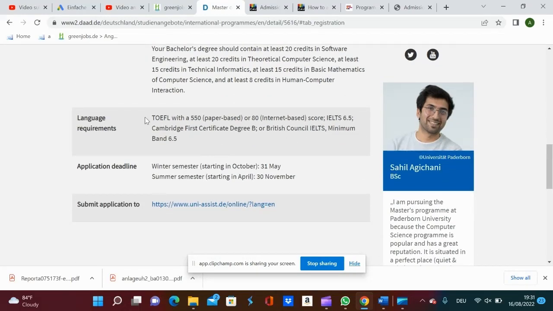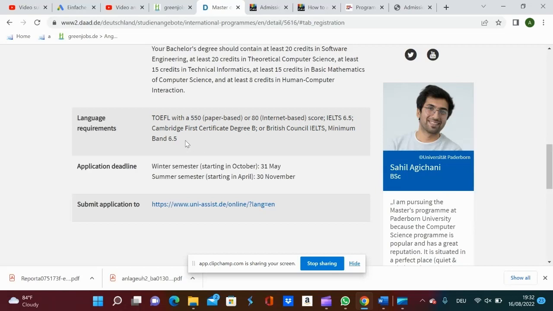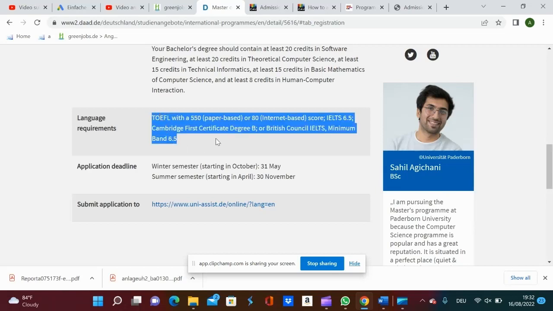And as I said, they are looking for a TOEFL here, and then IELTS or Cambridge First Certificate Degree or British Council IELTS, right? So these are all the different language proficiency tests you have to submit before you'll be taken into consideration. But some of the schools write all these things, but they actually take the English proficiency you acquired during your bachelor's degree.